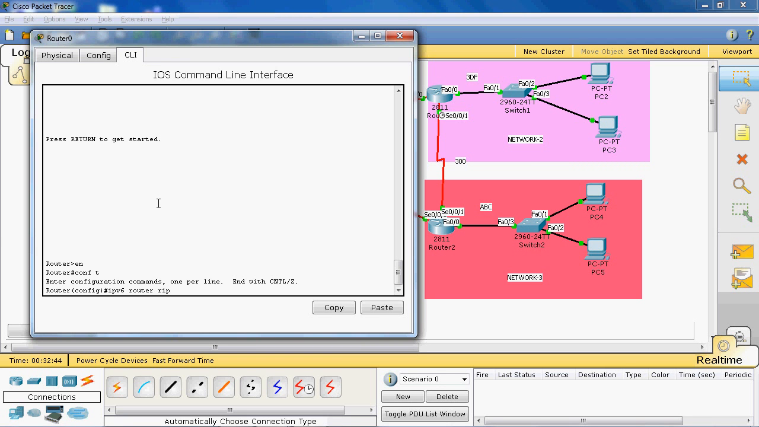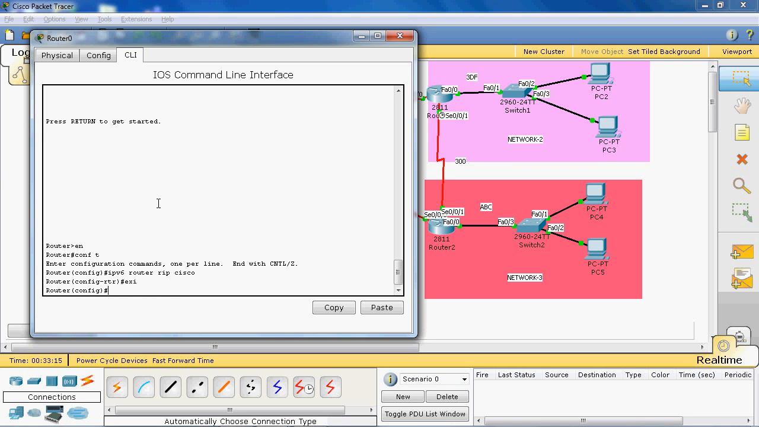In IPv4 we give router rip and then the autonomous system number, but here we give characters, and those characters should match on all the routers, only then can they communicate. So the syntax is ipv6 router rip, next we give the characters. Here I will give Cisco. So on router 1 and 2, all these routers, we give Cisco. Okay, next we give exit, then we can go